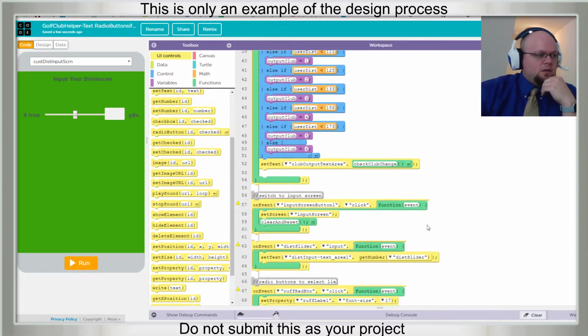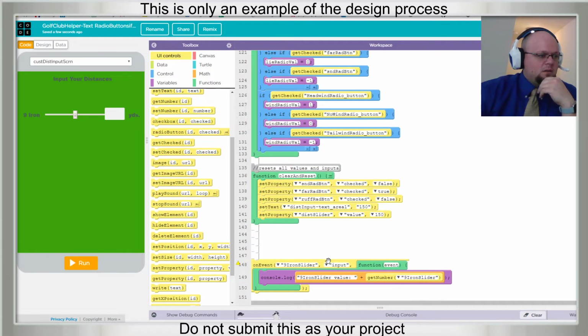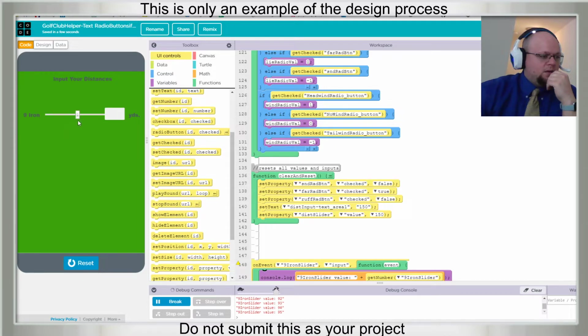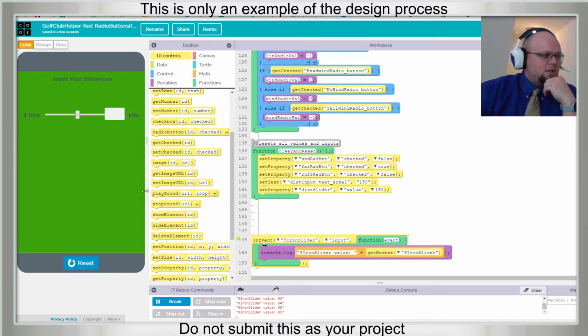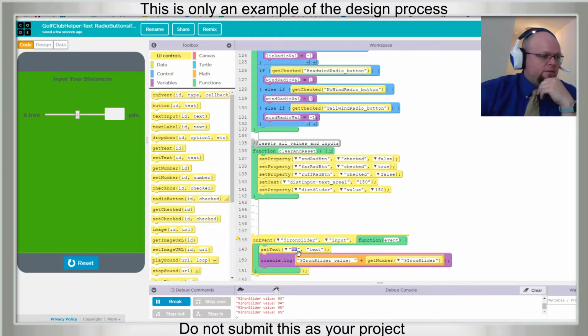On event input set text. It is input set text of, let's see here. Yeah, there we go. That's happening down there. So we'll set text of